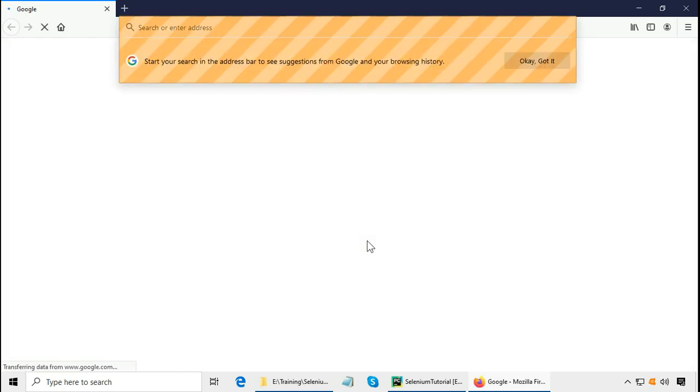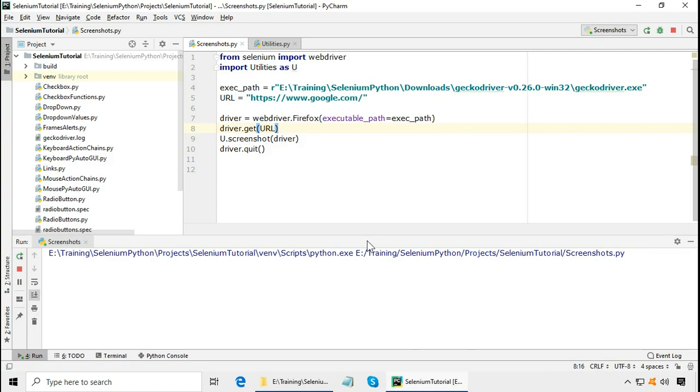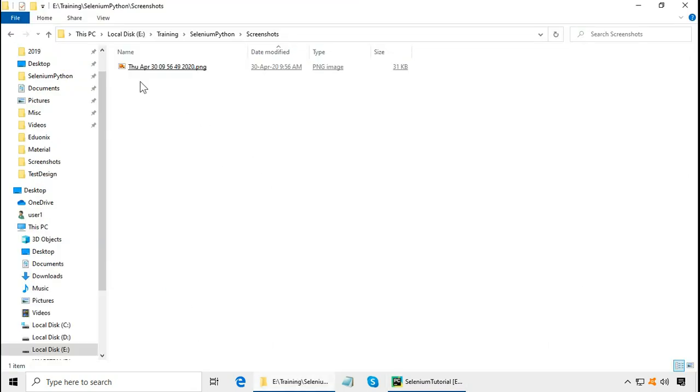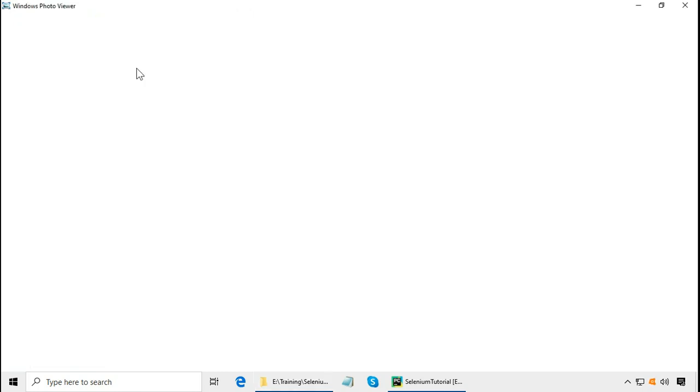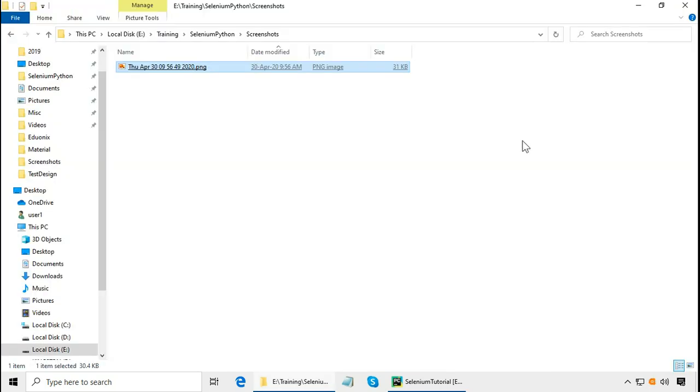Selenium WebDriver has navigated to the web page and closed the web page. The script execution is now complete, and let us see in the folder. Here is the screenshot. Let us delete this screenshot.